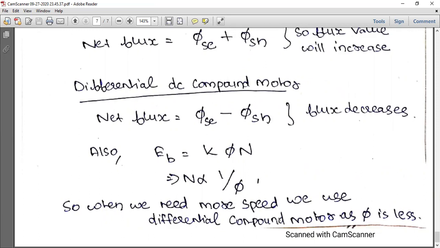Then I will be teaching you the applications of all these types of motors: where we use a differential compound motor, where we use a shunt motor, where we use a series motor, all practical uses. That's very important when you have multiple choice questions, and you can get a lot of such questions. So you should study these things thoroughly: application of generators and motors of different types, and power, efficiency and losses.